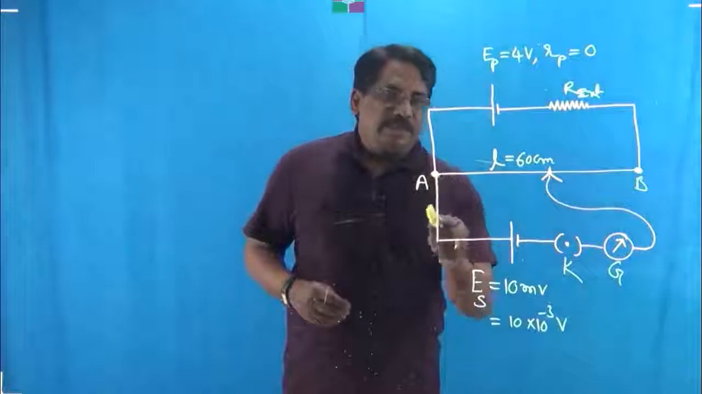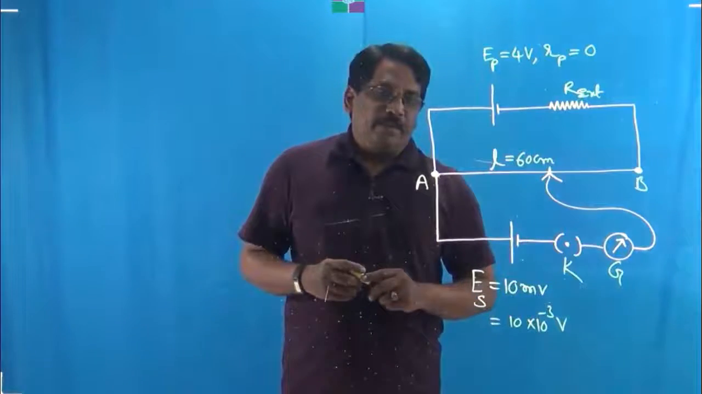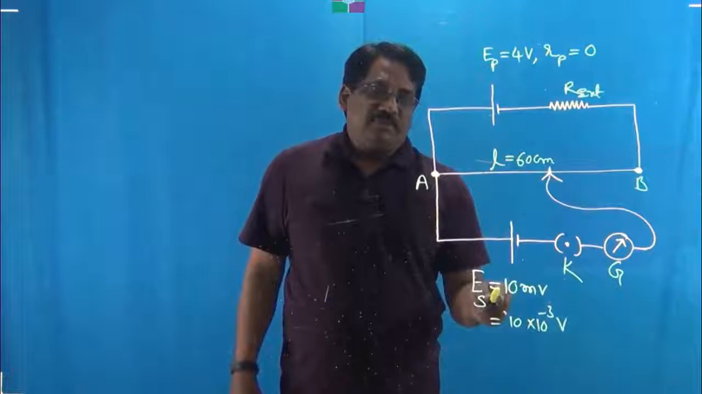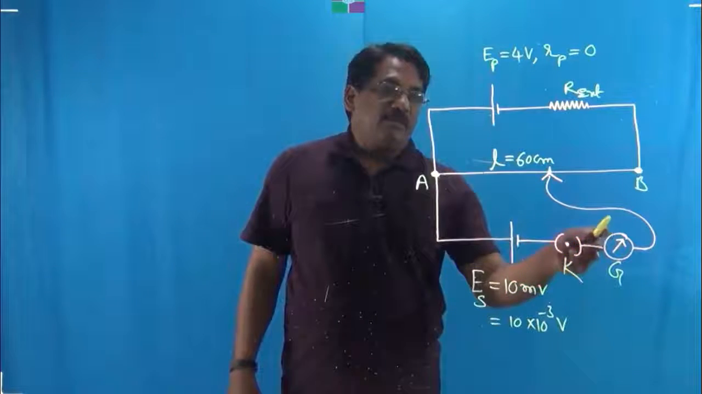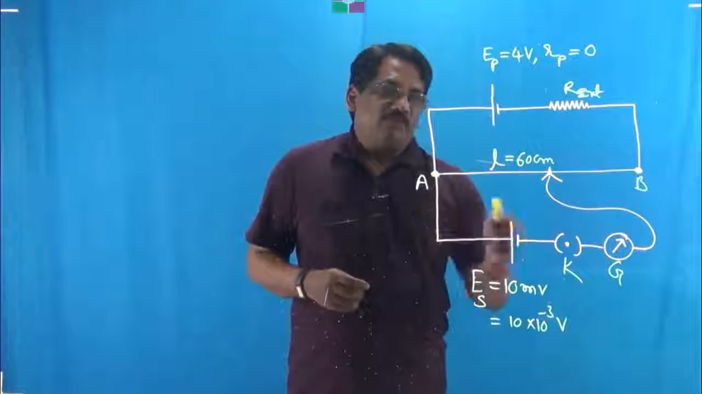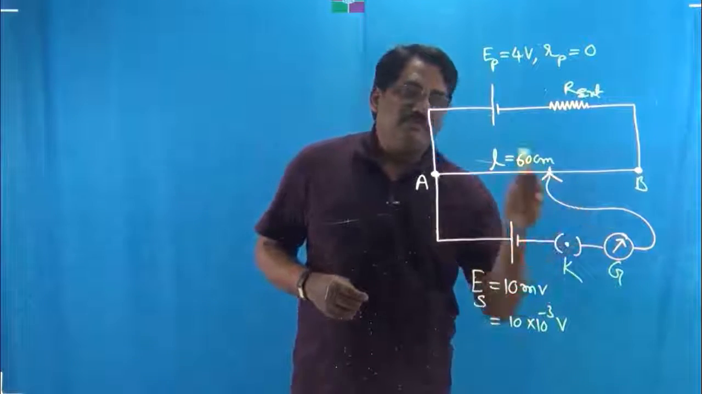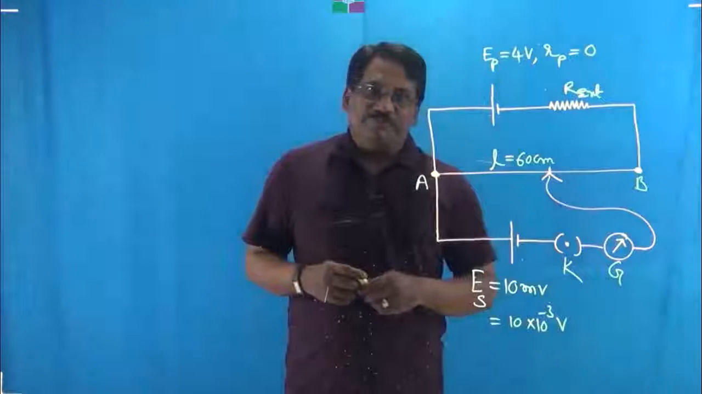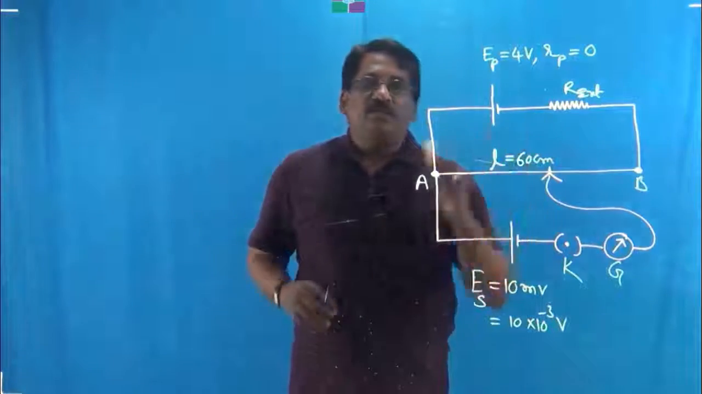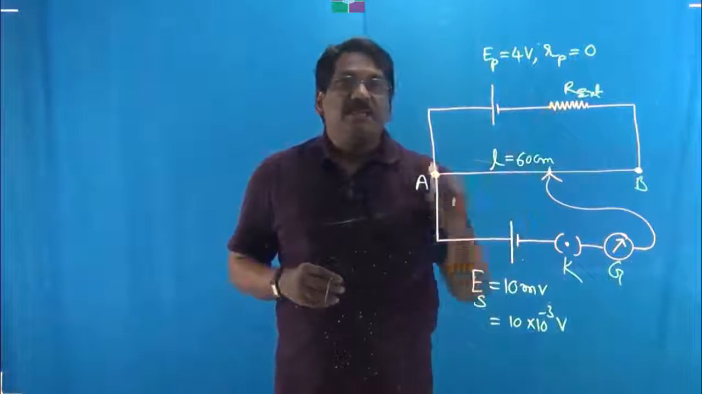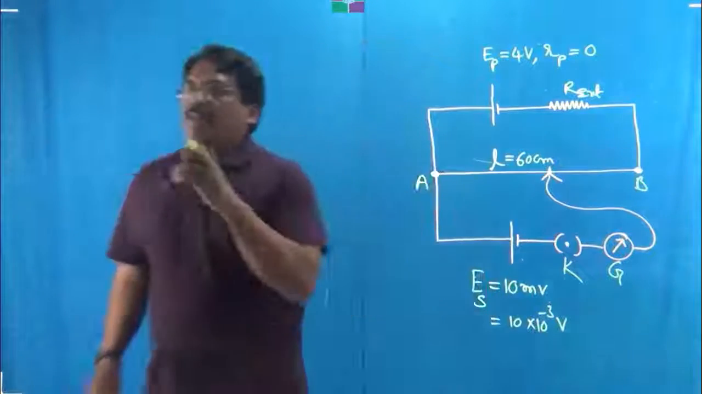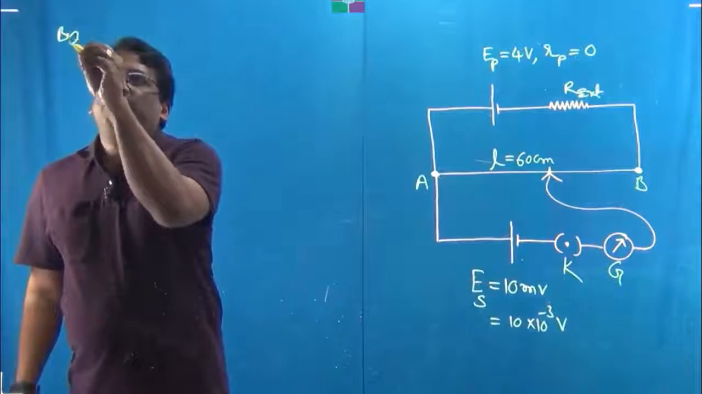And in the secondary circuit, a cell of EMF 10 millivolts is balanced by a length of 60 centimeters of the potentiometer wire. So of course for 60 centimeters we find the galvanometer to read 0. Now when such a condition is satisfied, we are supposed to calculate the external resistance connected in the primary circuit. Here, by the principle of potentiometer,